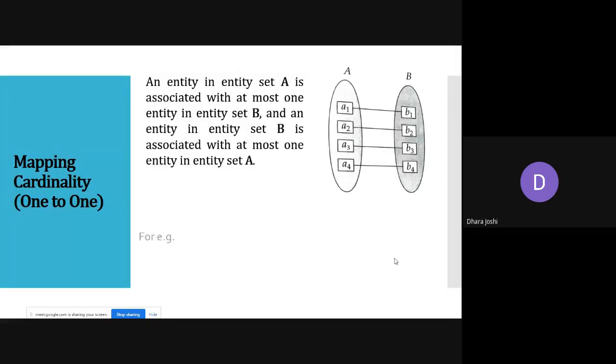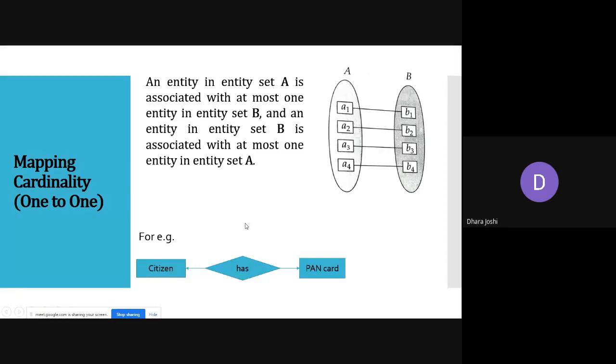For one to one, we have taken the example of a citizen has a PAN card. So citizen is one class. We can say it is set A. If we have four different citizens, A1, A2, A3, and A4, like A1 means Pal, A2 means Astha, next Dhwani, and Forum, then each of them has their PAN card number.